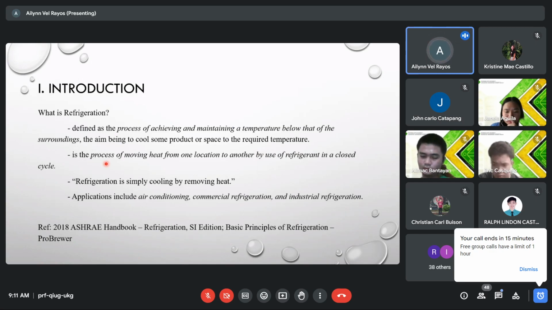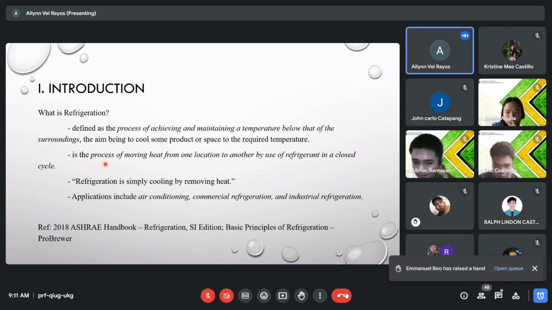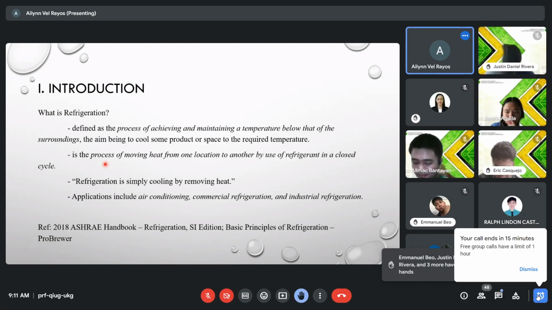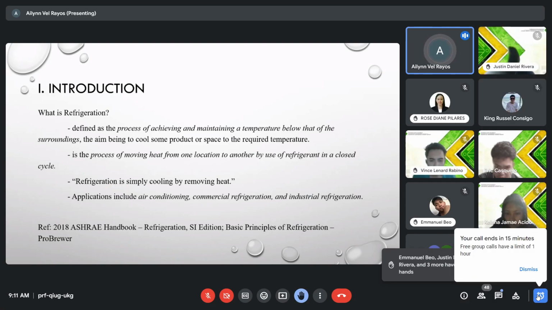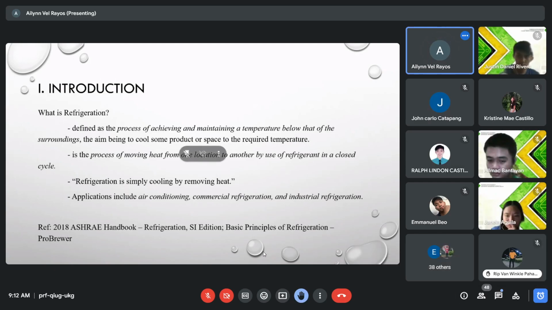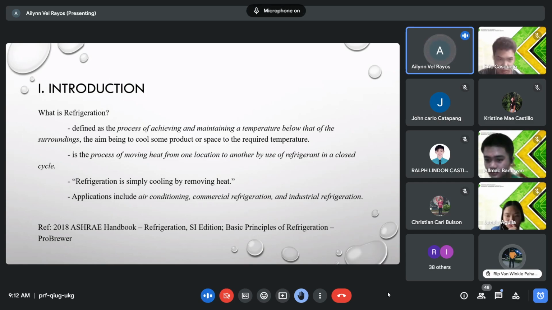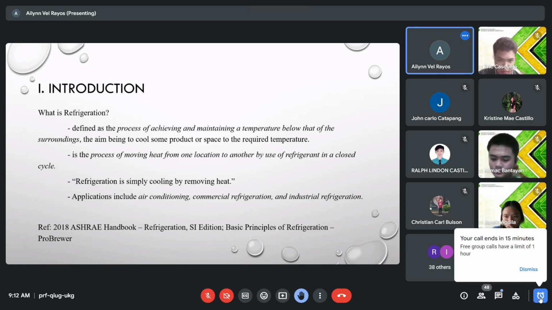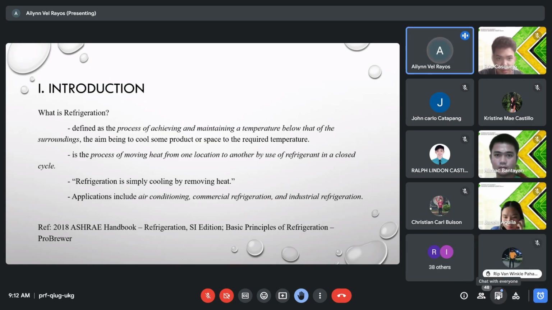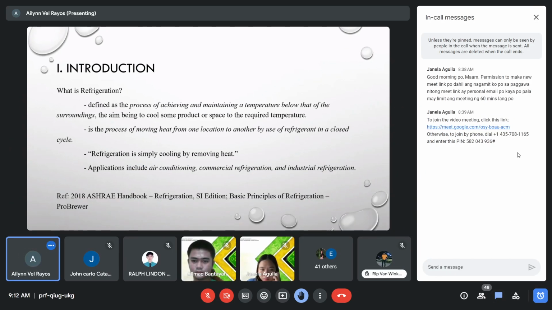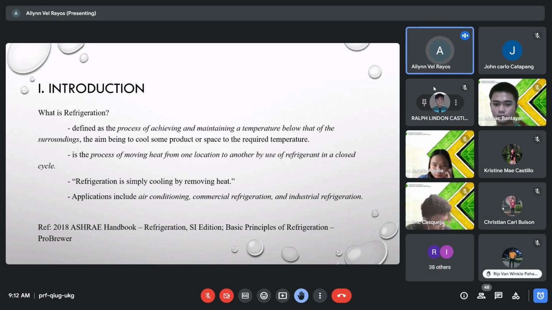Okay? So, do you have a clear understanding of the difference between refrigeration and cooling? Raise your hand if so. Okay, so do we have somewhere to move to? Let's move, or encode the meeting in the messages, so that before the meeting ends, we can move. Okay? Let's move now.